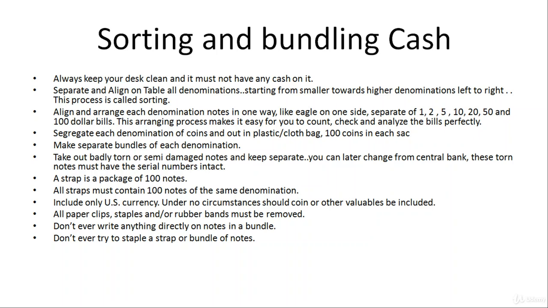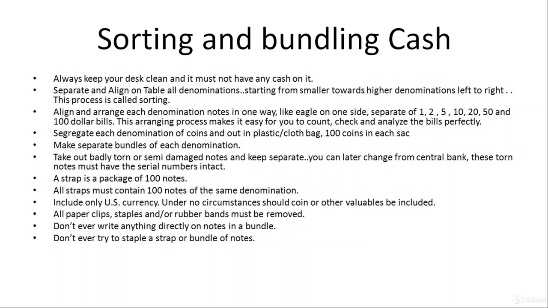So the first step is to segregate all of them, and then you align them on the table starting from the smaller towards the higher denomination, from left to right. This whole process is called sorting, and first you perform this process and sort it out. You align them properly, and then you start arranging each and every denomination. You start arranging in such a way that